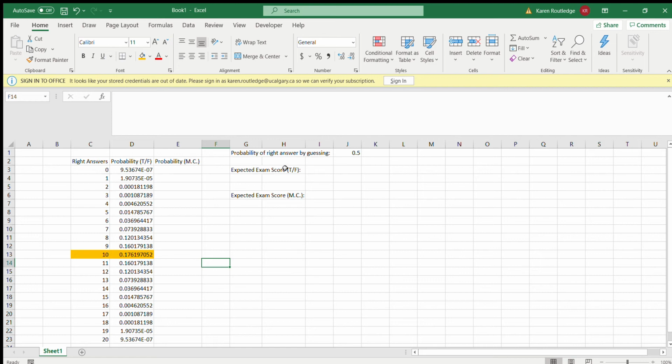So the expected exam score is the most likely number of questions to get right, 10, divided by the total number of questions that there were. So if the student was totally guessing, knew nothing, and had to take the exam blind and randomly give an answer for each question, they're most likely to get a 50%. And as we saw, the total probability is about 60%. So they are more likely to pass than to not pass, assuming they know nothing. So if you totally guess, chances are best that you will pass.